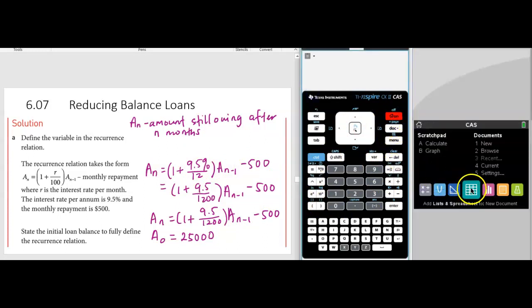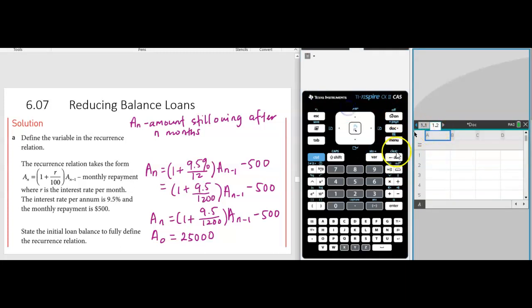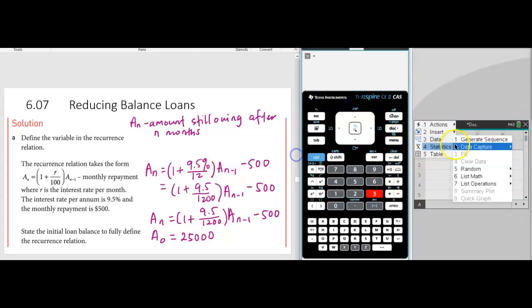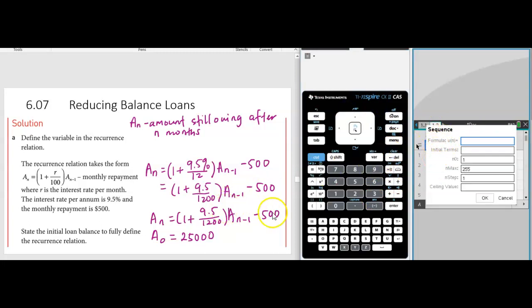I go to On button, Lists and Spreadsheet, go to the top of the column, press menu 3, 1, generate the sequence, and replace this with the calculator term. So it's bracket 1 plus 9.5 divided by 1200 close bracket times u, because the term is in u, and the previous term is n minus 1 close bracket, and minus 500,